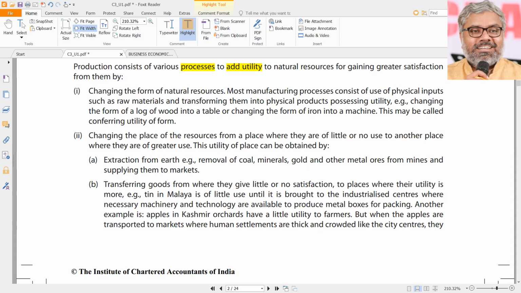Everything that you look around you mostly has come from nature originally. The wooden door that you are looking at has come from nature. That was there in the form of a tree earlier, which was cut, polished and shaped. Some carpenter has done some work on that. Then it was fixed here, then it became a door. The chair or anything that we are using, ultimately, if you go backwards, it will have its place from nature only. So ultimately, that's what production is all about.